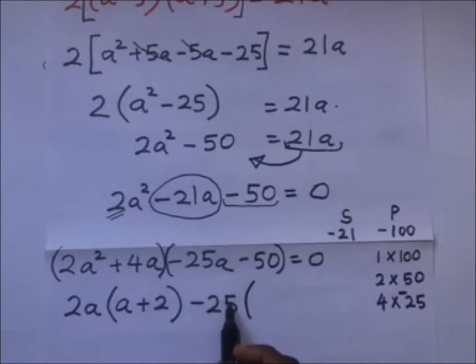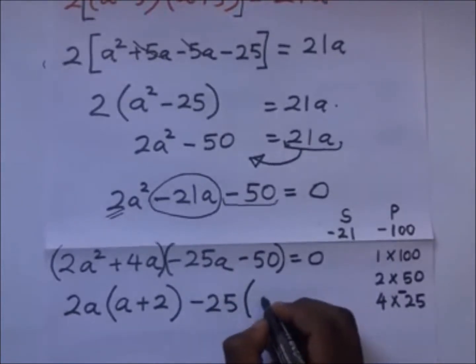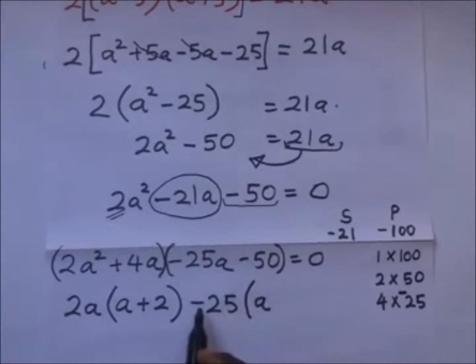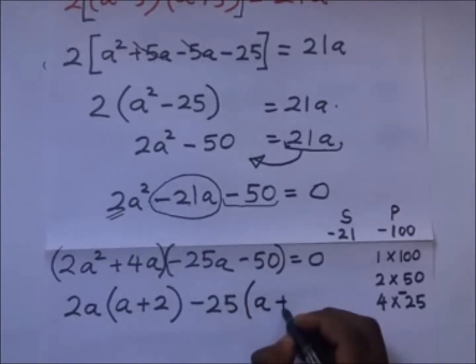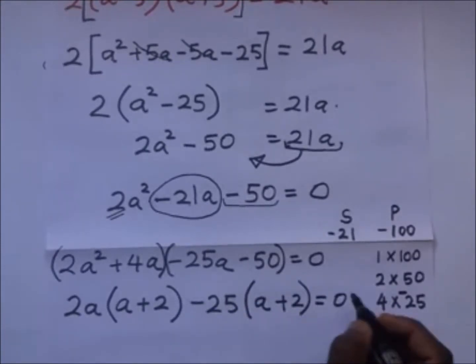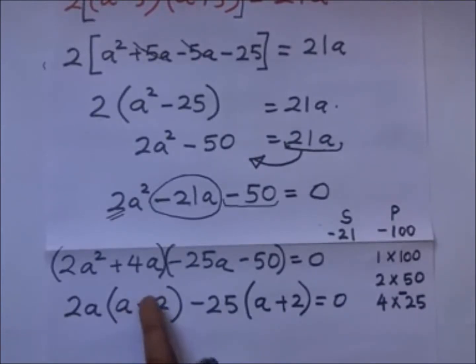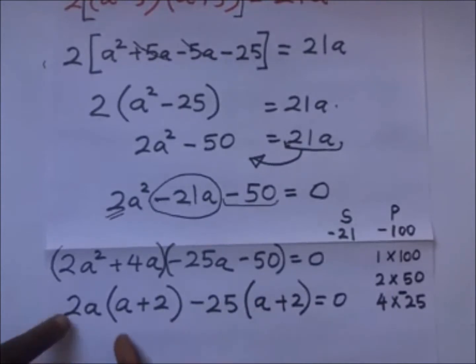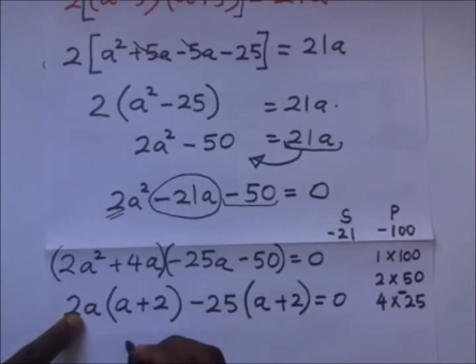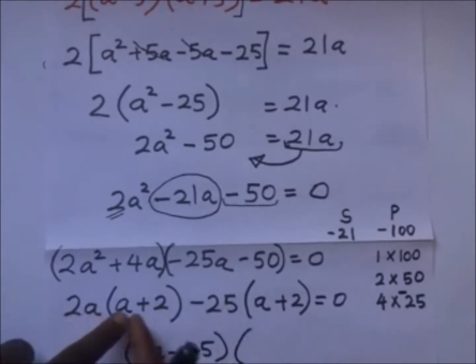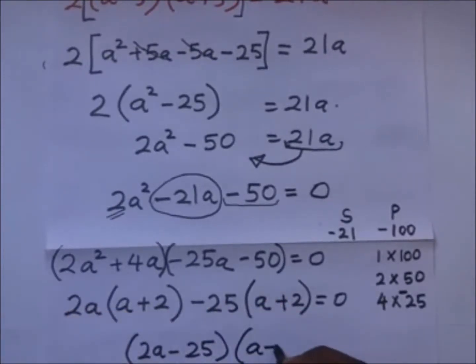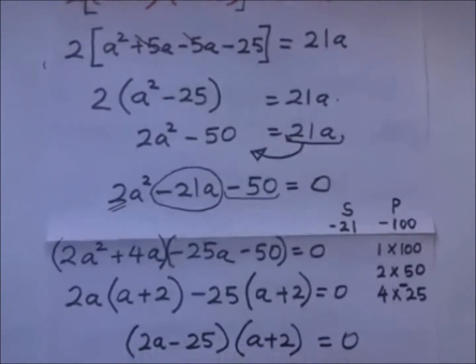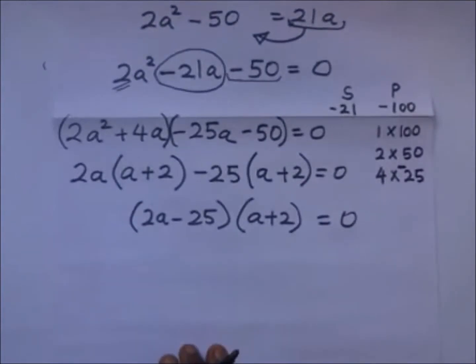Negative 25a divided by negative 25 will give us a. Negative 50 divided by negative 25 will give us positive 2, is equal to 0. Of course, the terms in the brackets are supposed to always be the same. So with 2a minus 25, we put that in its own bracket: 2a minus 25 into a plus 2 is equal to 0. There we have factorized the expression, so we go ahead and find